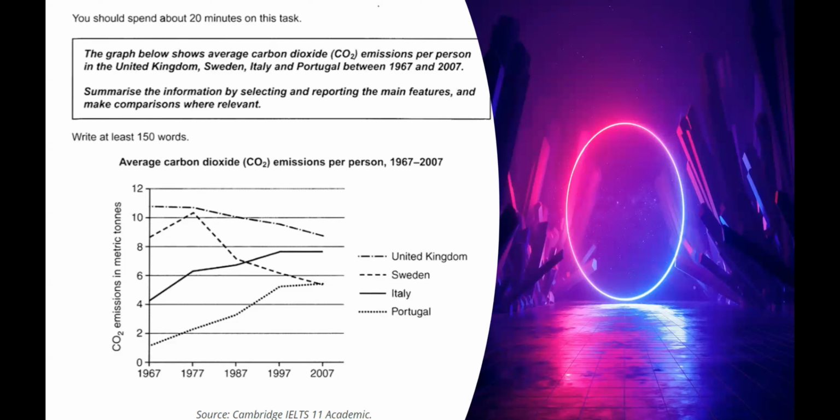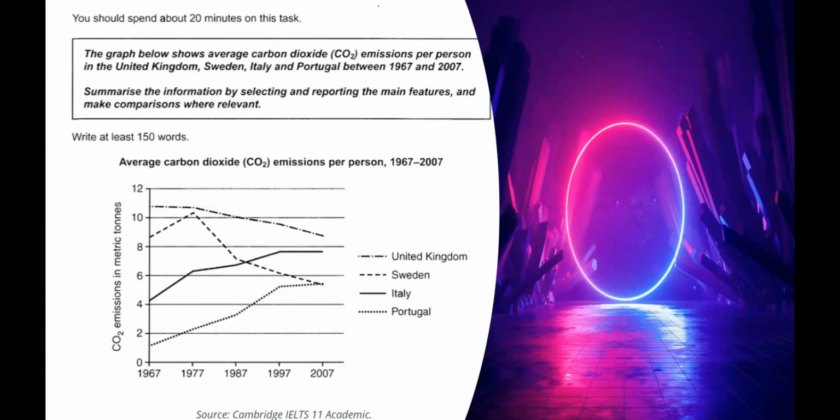According to the graph, United Kingdom, average carbon dioxide emission per person of United Kingdom in 1967. According to the graph, although there were ups and downs in average carbon dioxide emissions in 4 countries, United Kingdom